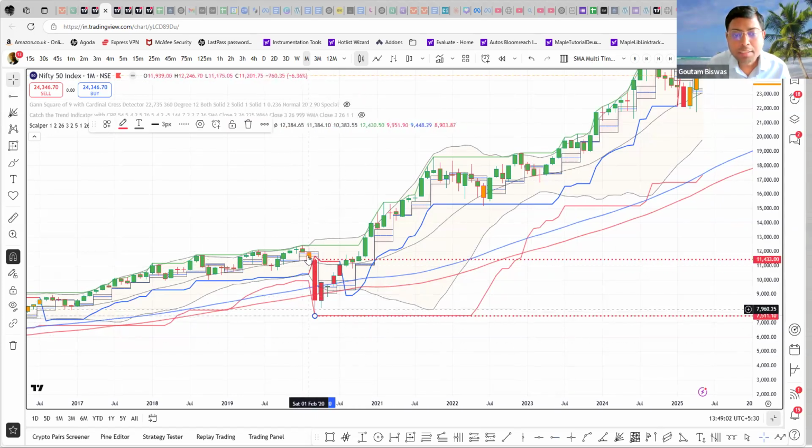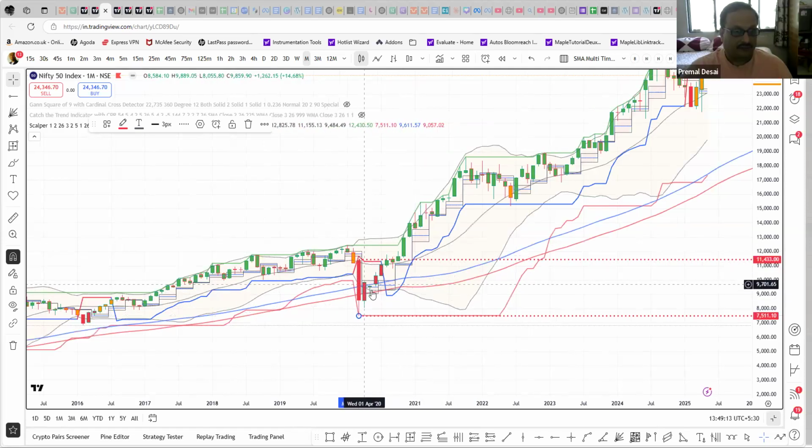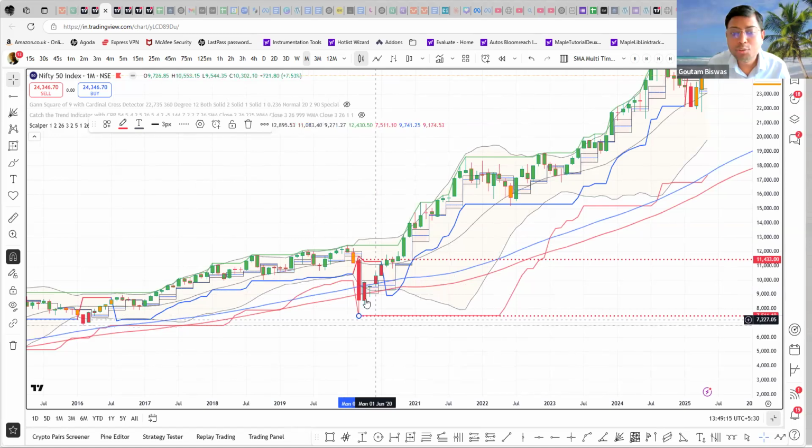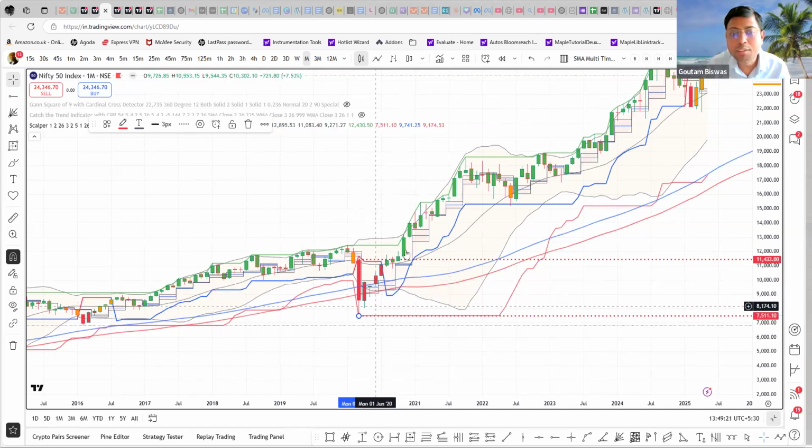Okay. Now, this is your signal candle. Signal candle means signal to sell short, right? But are you going to go short? No. No. You are going to observe what happens in the subsequent candles. At least two more candles you have to observe. Now, if these two candles are not able to breach the low,